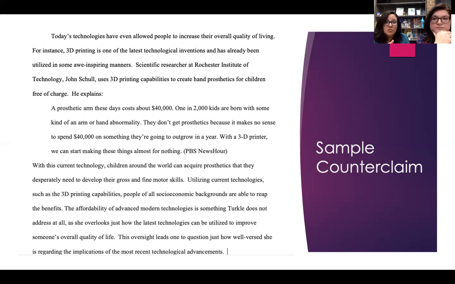They said who John Shull was. They said scientific researcher at Rochester Institute of Technology. Wow, it's almost as if the student was using one of the rhetorical appeals there, Dr. Thayer. Which one would that be? Oh, let's see. Borrowing somebody else's credibility. That would be ethos. That's correct. Absolutely. So now we